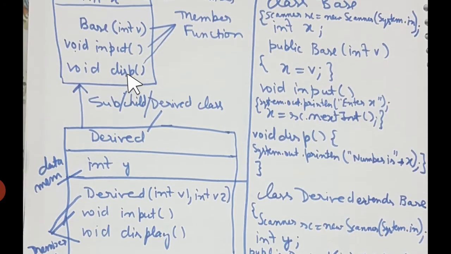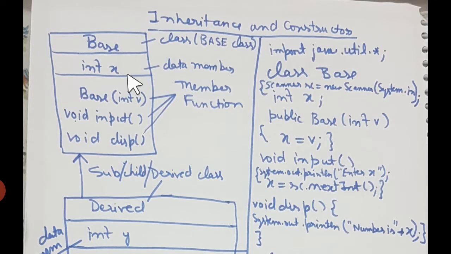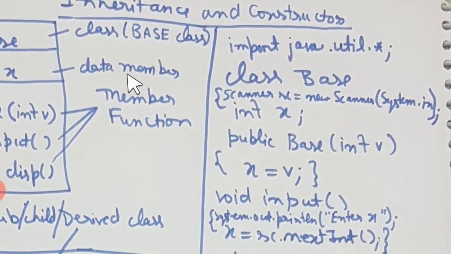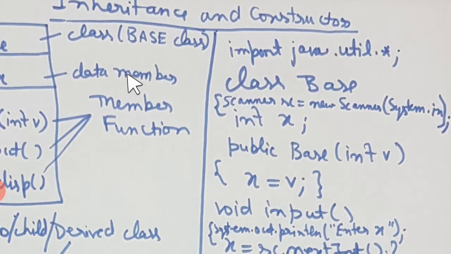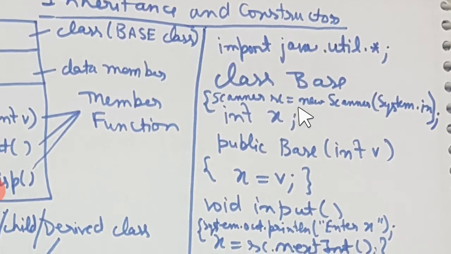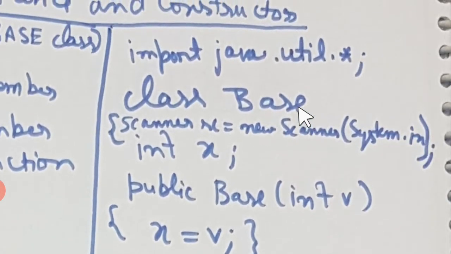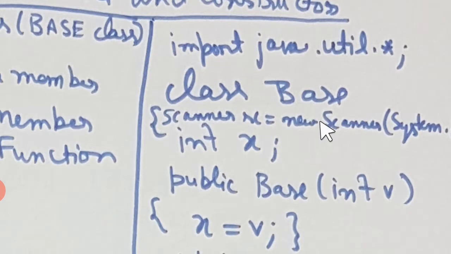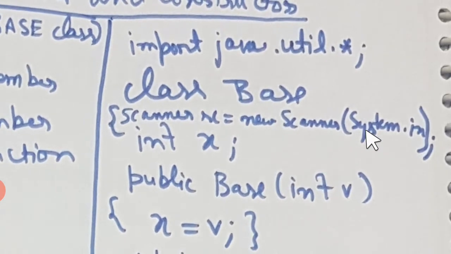Now students, we start the coding. First the coding for the base class. So we just write class base here. All right, and then I have to input the data, so I create an object of the scanner class. So here we have Scanner sc equal to new Scanner(System.in). You can see here. And since we need the Scanner class, we need the util package also. So we write import java.util.*;